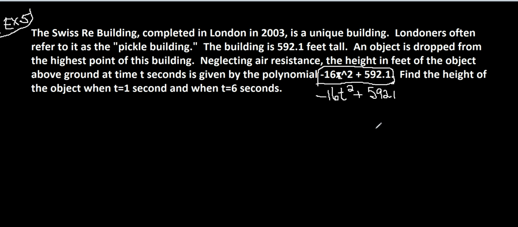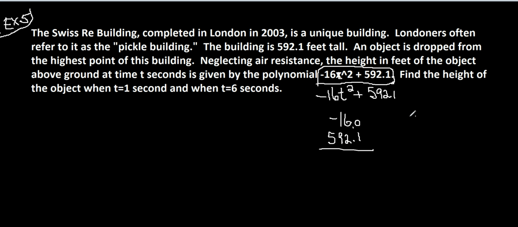Okay, that's what's happening here. So you replace the t with 1, and when you do, you end up with negative 16 times 1 squared. 1 squared is 1. 1 times negative 16 is negative 16, plus the 592. I'll put it here, 592.1. This may be 0.0 if you like to line it up that way. Okay, so you're going to subtract this, and